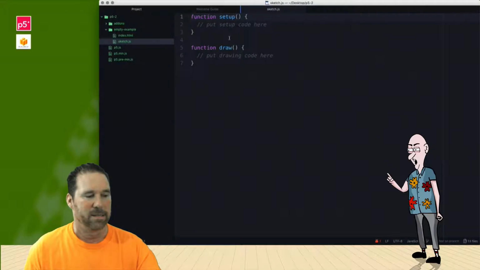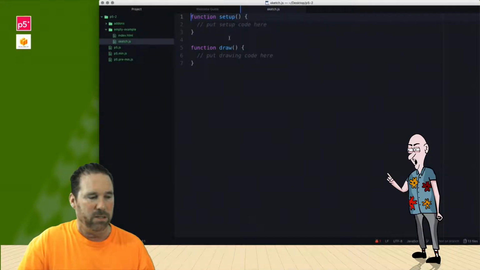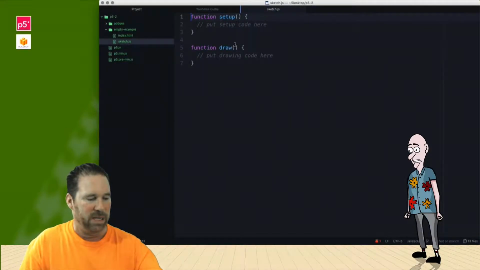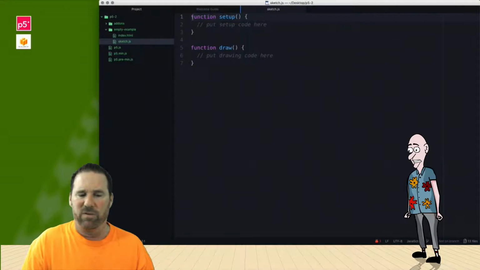So yeah, all right. Now when we have this open, you'll see that you have two functions set up in your JS called setup and draw. The first one is basically where you set up properties for the project. Initializers, there could be